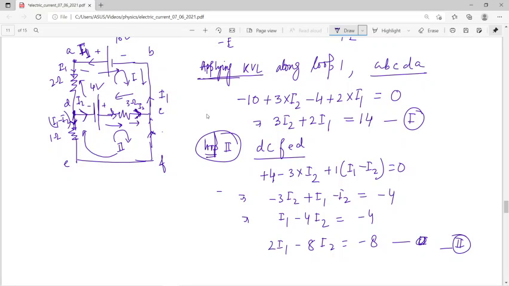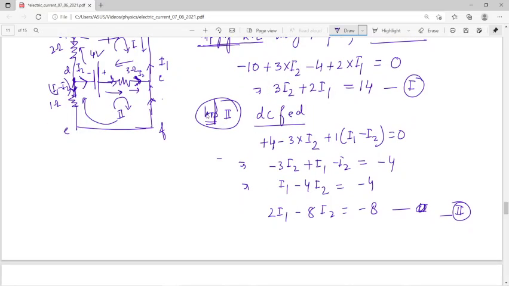Then 3I2 plus 2I1 minus 2I1 plus 8I2, that is 14 plus 8, so 8 and 3 is 11